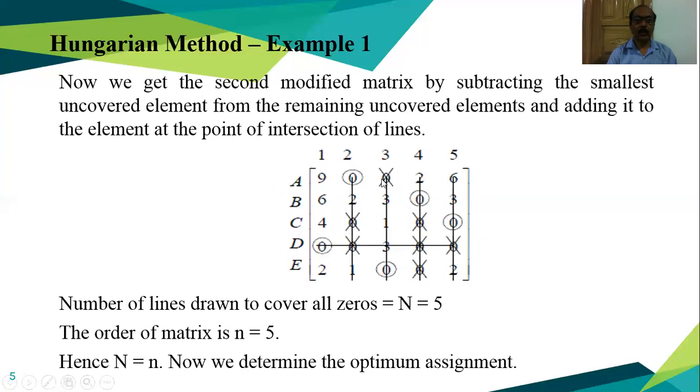Now we have to draw. Again, we have to assign and draw the lines. When we are drawing the lines, if we select the circle, that will be better for us for the assignment. When you are checking, there are 2 zeros here and this is 1 zero. See, in this row, when you are drawing the vertical lines, check horizontally. That has 2 zeros, so we cannot take it. In this horizontal, there is 1 zero. Mark it and draw the vertical lines.